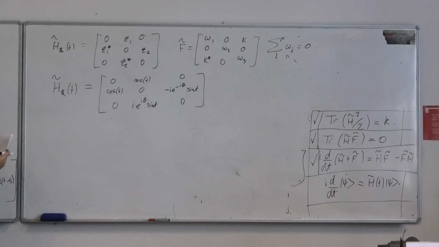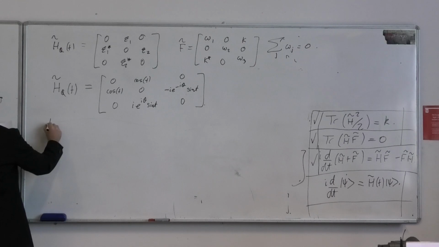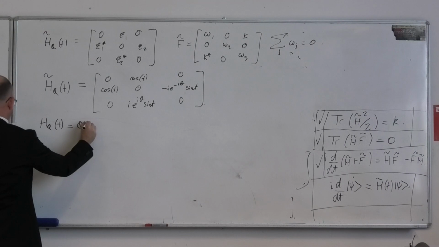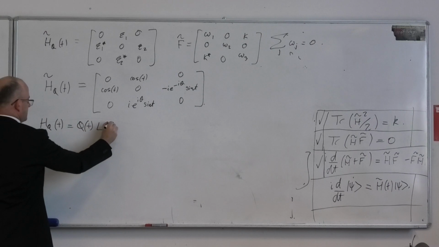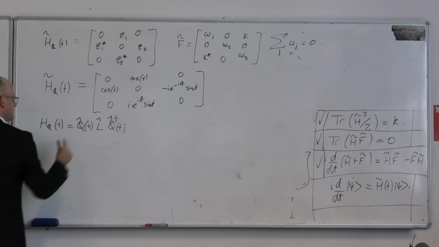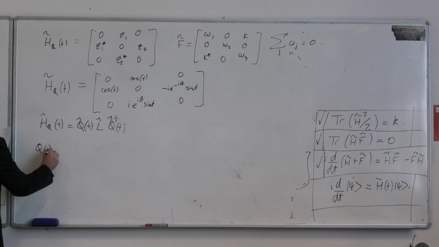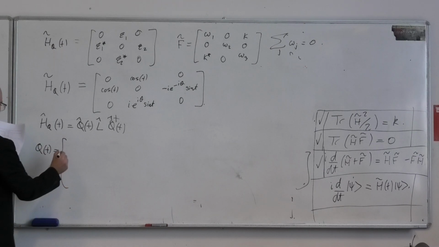Now, alright, we're going to play the same game. So in this case, HQ of T is equal to Q of T L Q of T delta. Now, working in these high-dimensional matrices is much more complicated because things just don't behave as nicely, but you can still figure things out. So in this case, the matrix of eigenvectors will be given by